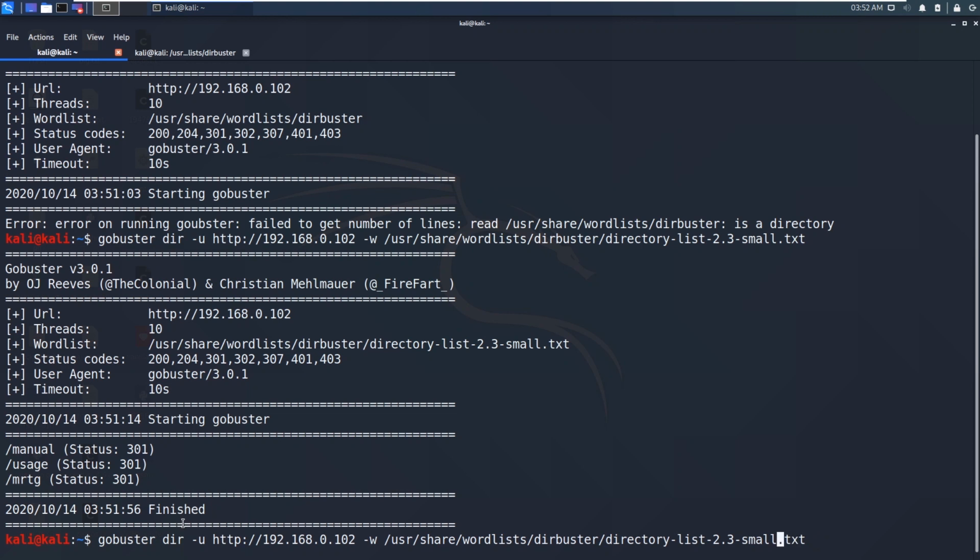Now what I want to do is add a slash and then mrtg. So from this URL, GoBuster will keep the slash, and then try every word in this text file. You need to do this many times.